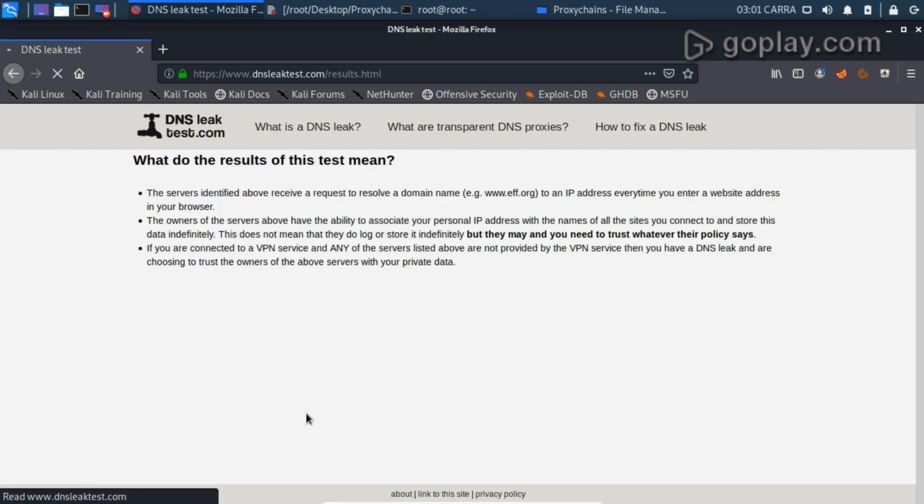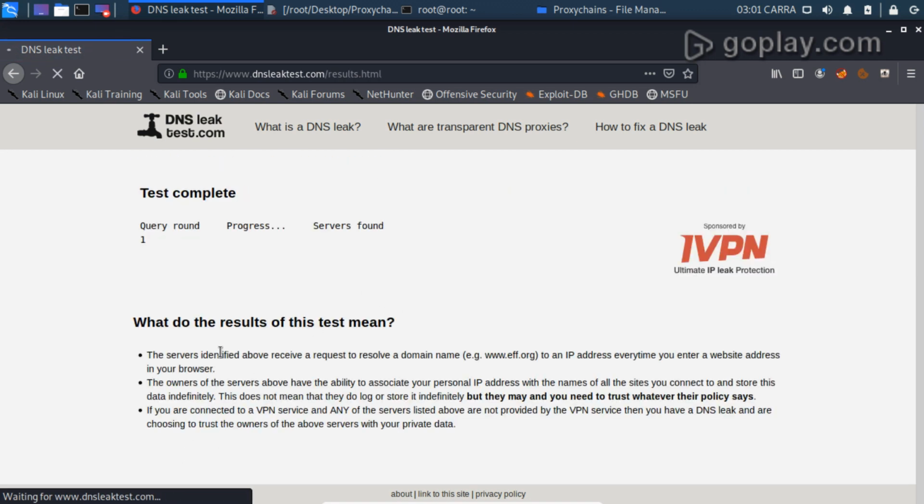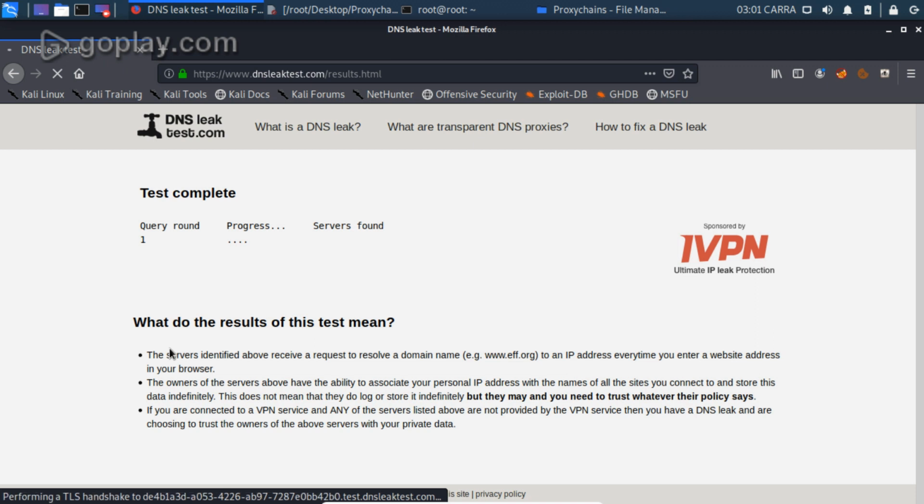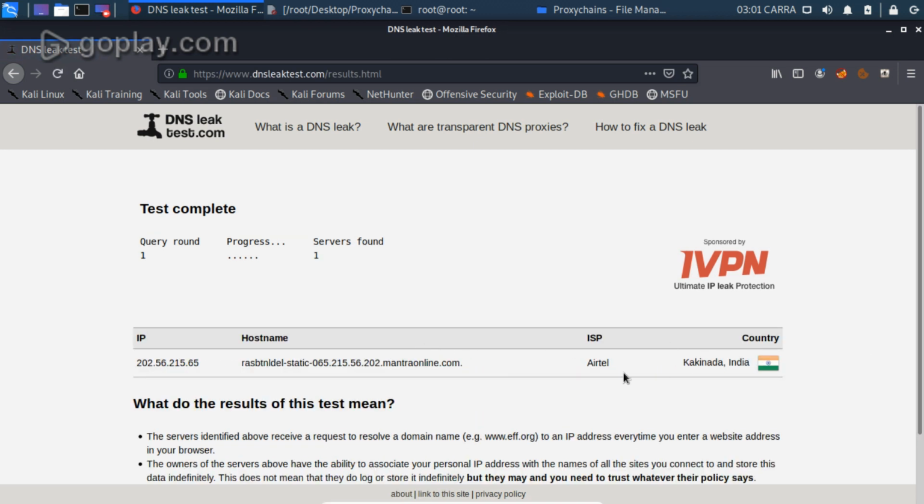Click on the standard test. It will definitely take some time. Now as you can see over here, in spite of using dynamic chain or proxy chains, the country shown over here is India and the ISP is Airtel. So this does not provide us with total anonymity.